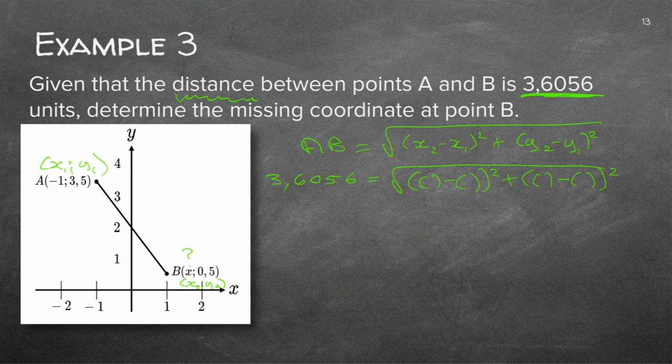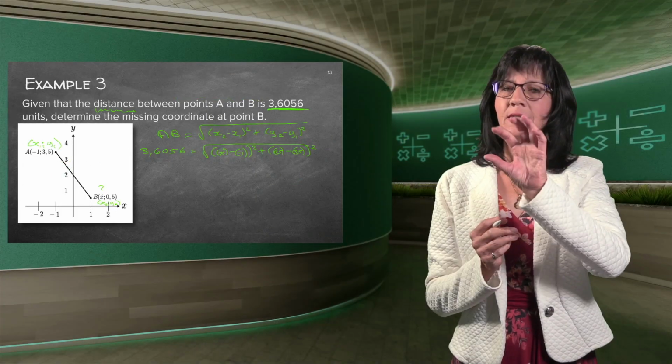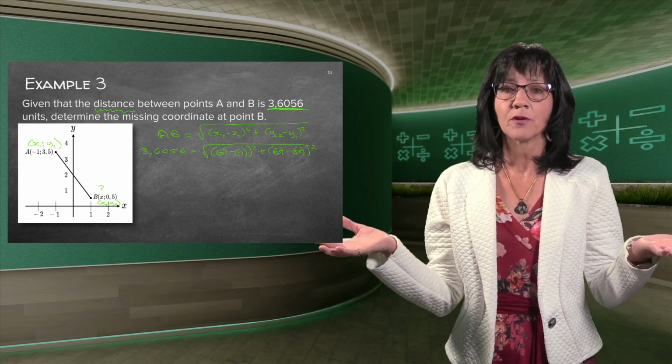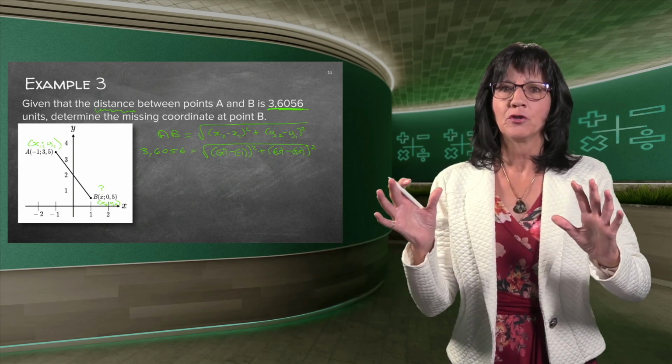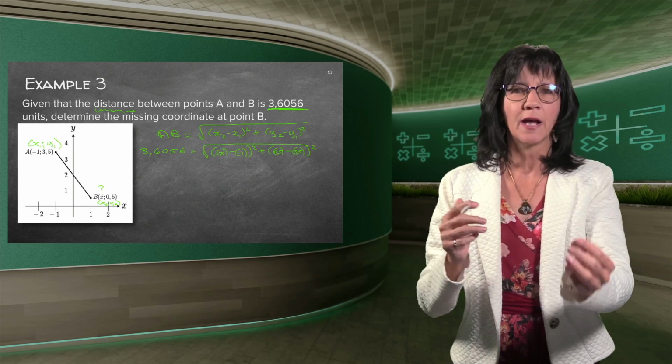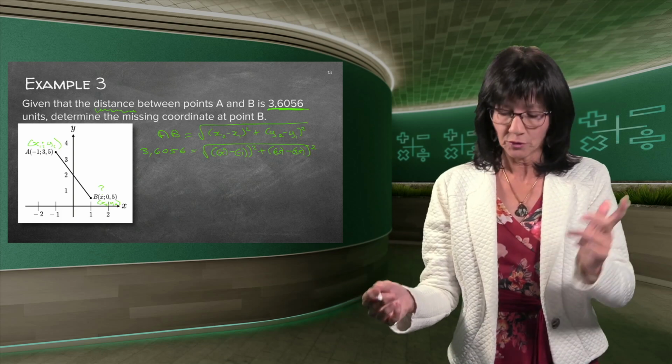So if I now substitute, it is x minus 1. That y2 was 0.5 minus 3.5. Good. And now if you look at your whole formula, you'll see there's one unknown, the little x. Now, actually, if there's something underneath a square root, which you need to get all alone on its own, you need to somehow get rid of that square root sign. I actually prefer to do it as quickly as possible, because later on we may forget to do it one side or the other side. Remember, whatever we do on one side, do the same on the other side.